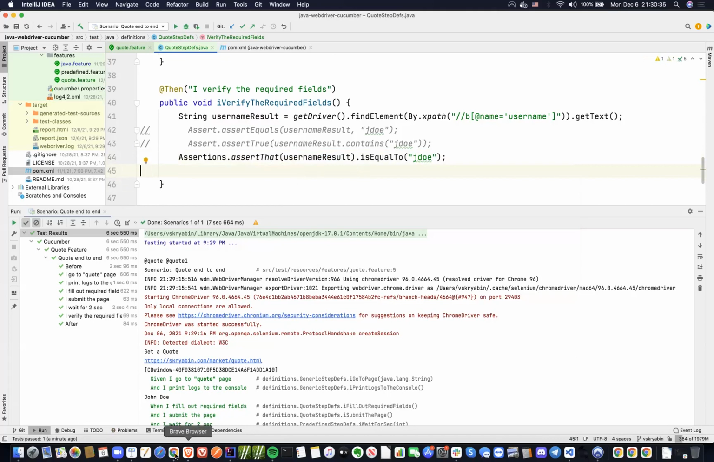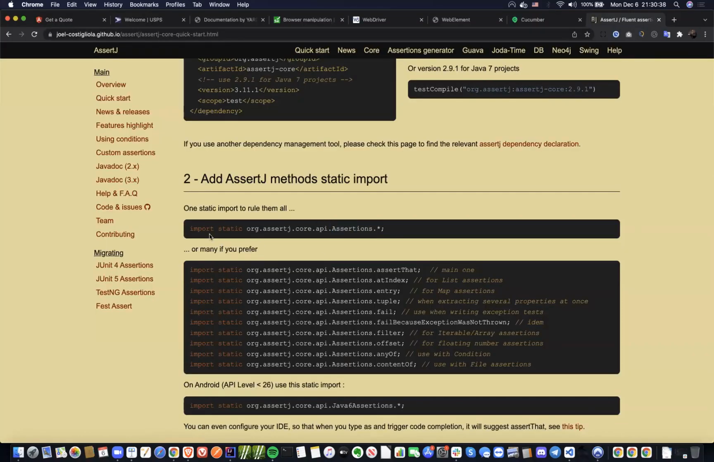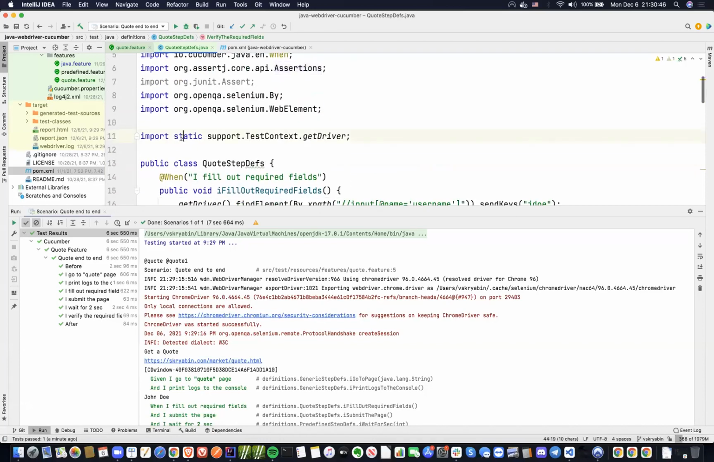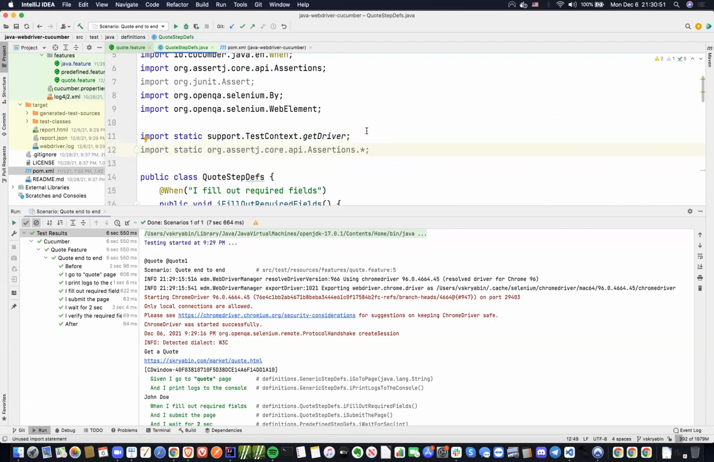Now, as per the instruction, it does recommend static import. So you don't need to type Assertions always. Same as we did static import for getDriver, just going to copy this here. Technically, we don't need all these different methods. You just need the assertThat method. So you can say star, which means everything, or just a specific method name, same as you can do star here or a specific method. Always try to be specific